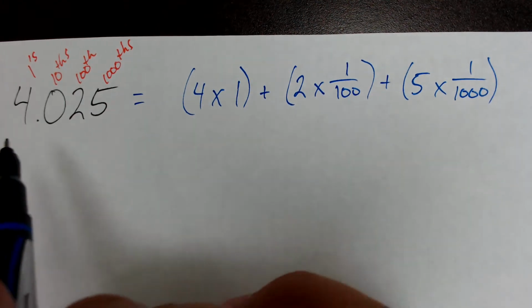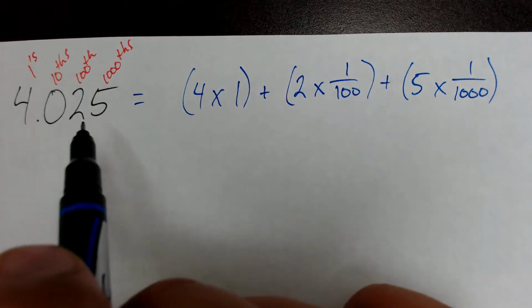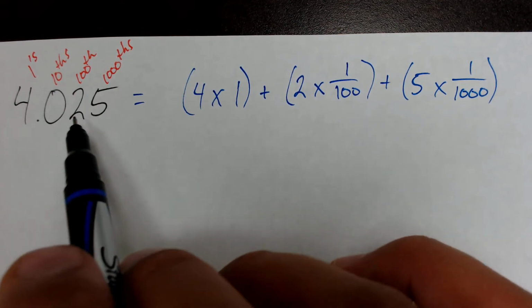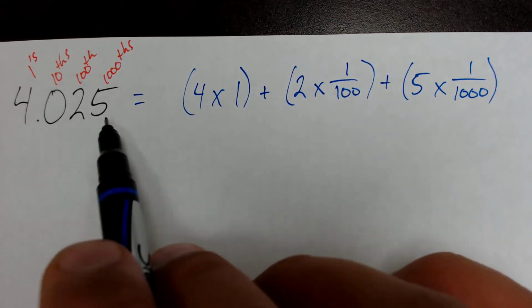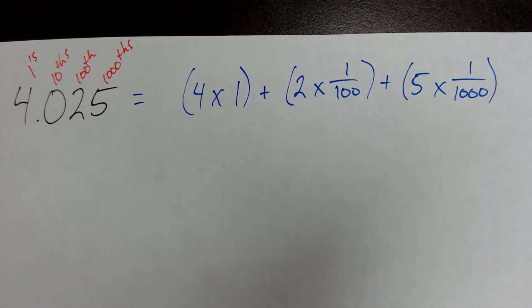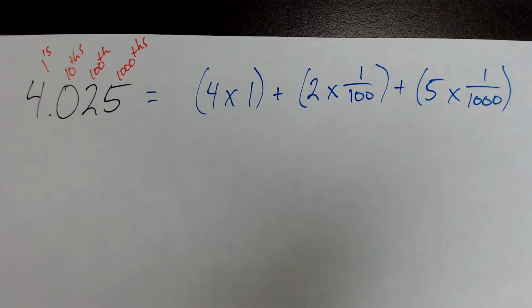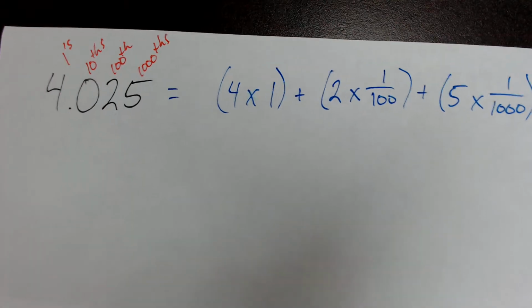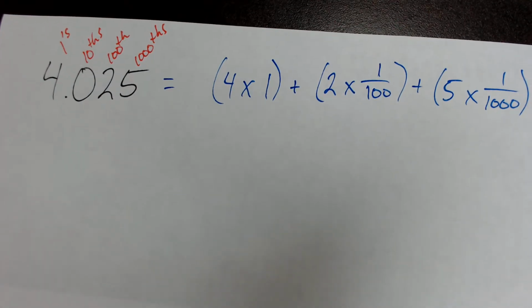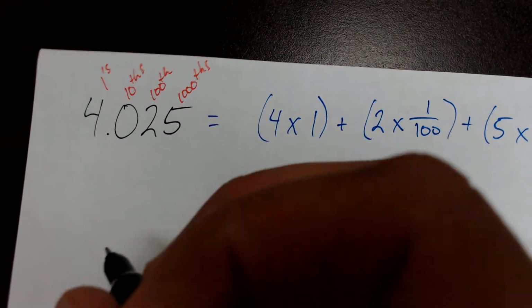So same logic, we just have to understand how to write these decimal place values. This one would be 1/10, this one would be 1/100, this 1/1,000. And if you've been reading your numbers correctly, this shouldn't be a hard thing to change in your brain. So that's how we take decimals to expanded. How do we take decimal expanded notation into decimal numbers? So let's do the inverse, or the opposite. So let's take